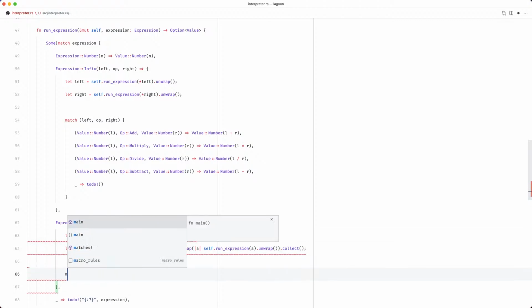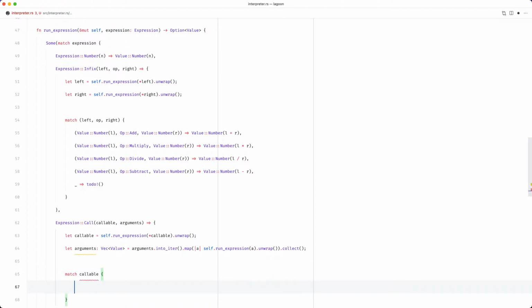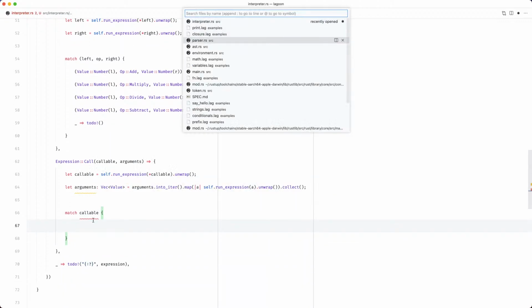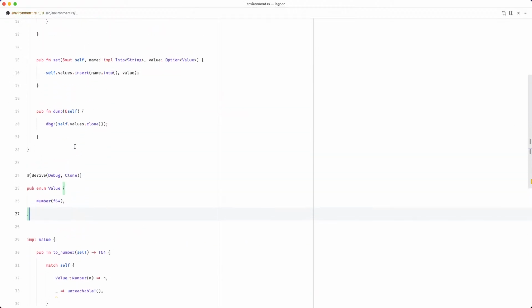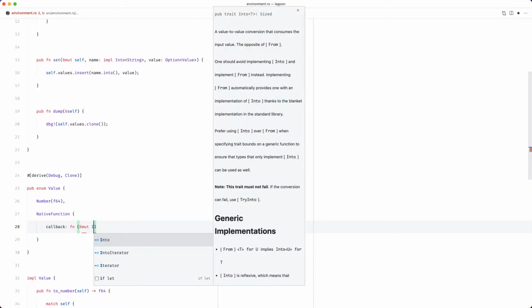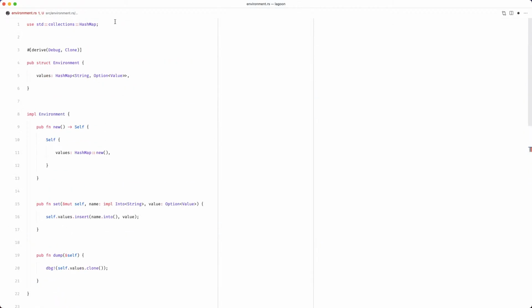And now we can match the callable, which is a value as well. So we're going to need to introduce a new value type, and we'll call this native function. It will have a callback, which is going to be a function that receives the interpreter.